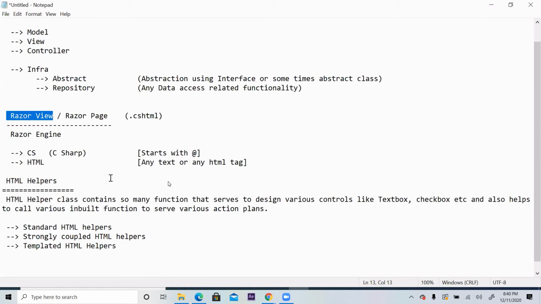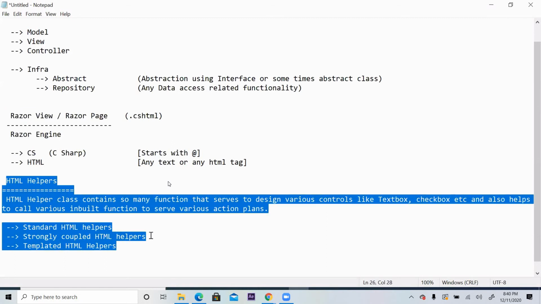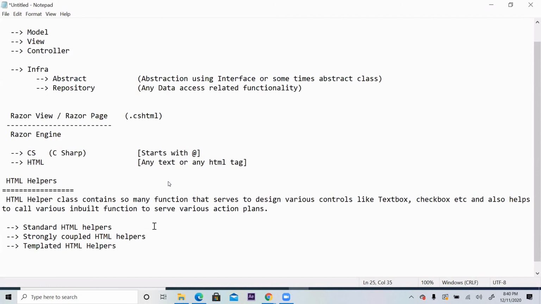One is C# coding, one is HTML coding. The C# coding part will be developed using HTML helpers. The HTML part, anyway, you know HTML and you are using it. No difference. So what are the standard HTML helpers, strongly coupled HTML helpers and templated HTML helpers?